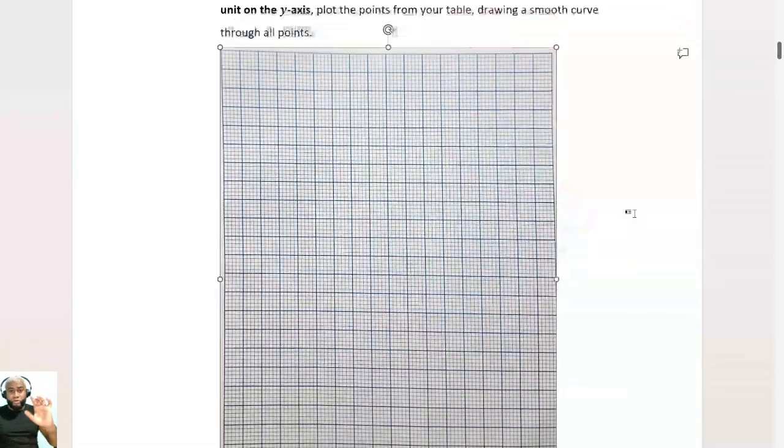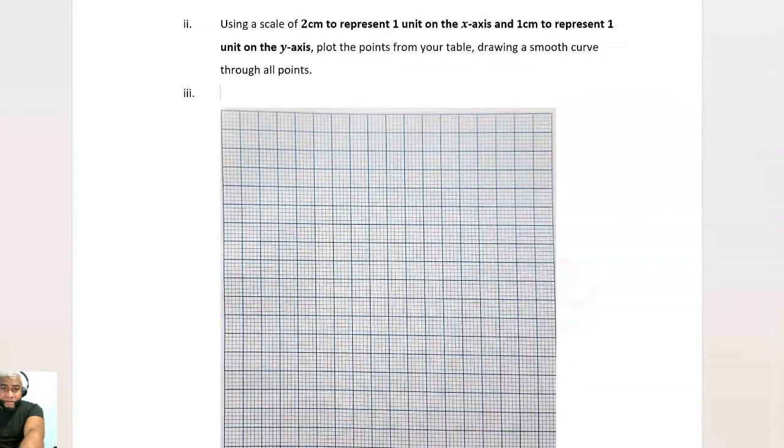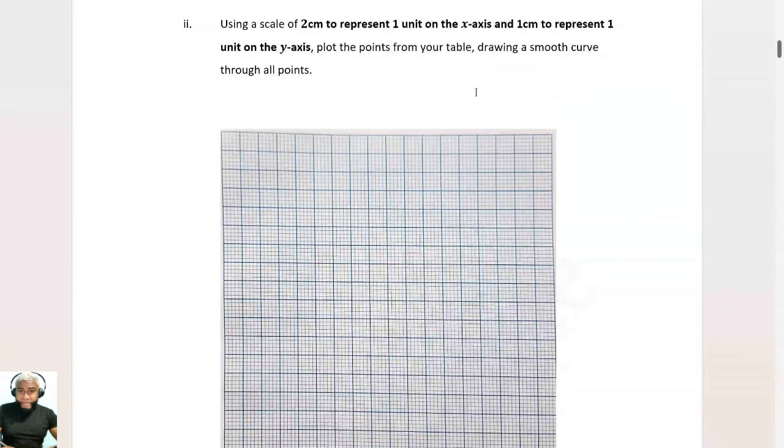So the first thing I'm going to write above my graph is the scale. You can write it in this top corner right here. So you just put x-axis. Your x-axis is going to be 2 centimeters to 1 unit, right? Okay, that's my x-axis. And then,